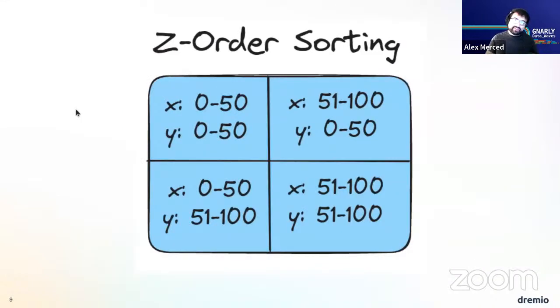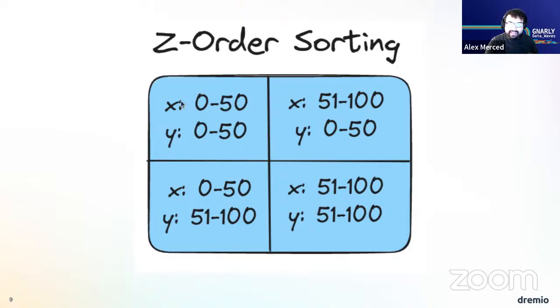But just a straight-up sort isn't the only way we can do this. Another approach to sorting or clustering the data in those files is Z order. So in Z order, what you do is you take multiple fields. Okay, so in this case, we're going to pretend there are two fields, X and Y. And we're going to make four categories, because we're going to say that X has values between 0 and 100, and Y has values between 0 and 100. So we're going to create 4 buckets: all the records that have an X value of 0 through 50 and a Y value of 0 through 50 go in this bucket. And then we split it up into 4 quadrants.